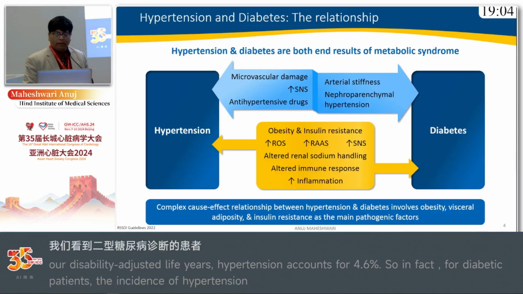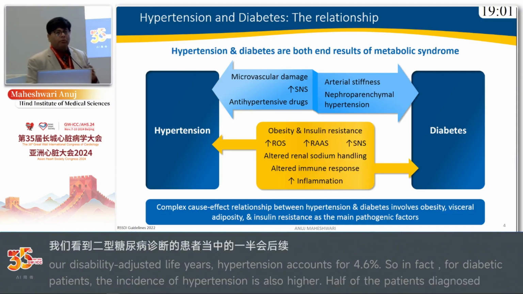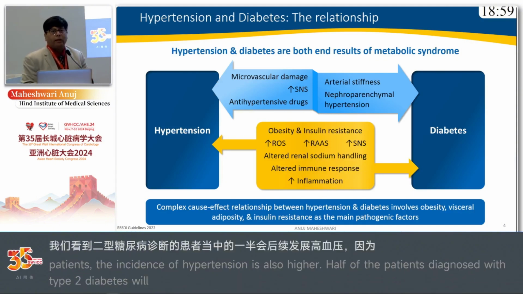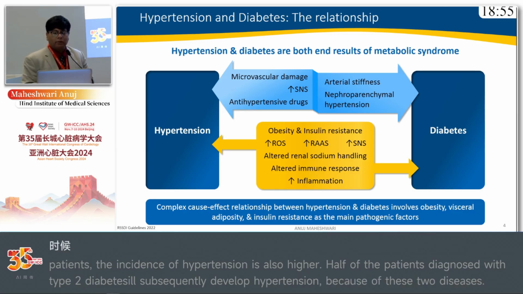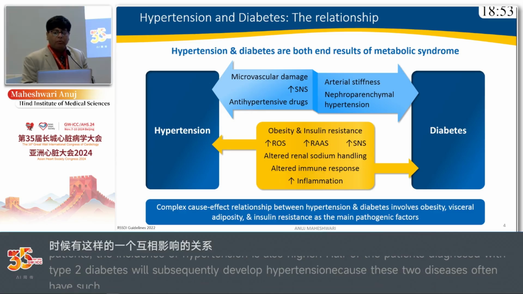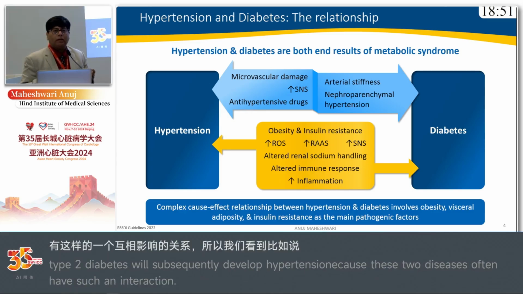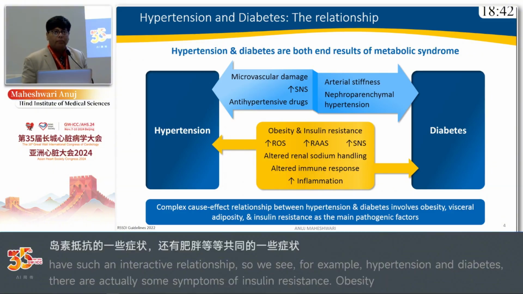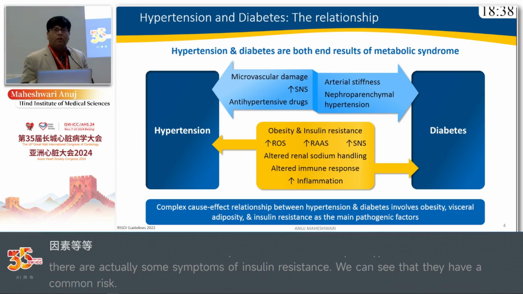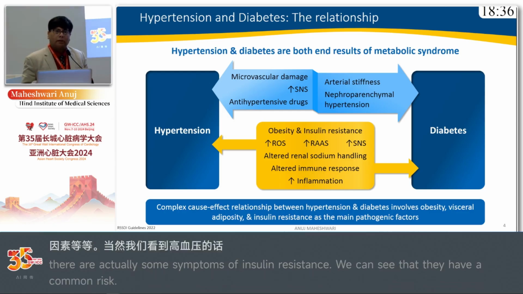increasing day by day. These two are sibling diseases, most of the time I say; they arise out of a common soil, and that common soil is insulin resistance. Whenever we talk about hypertension and diabetes, both are end results of the metabolic syndrome. Their complications are the same, risk factors are also the same, but hypertension is causing three times more toll on health, and increased expenditure on health as